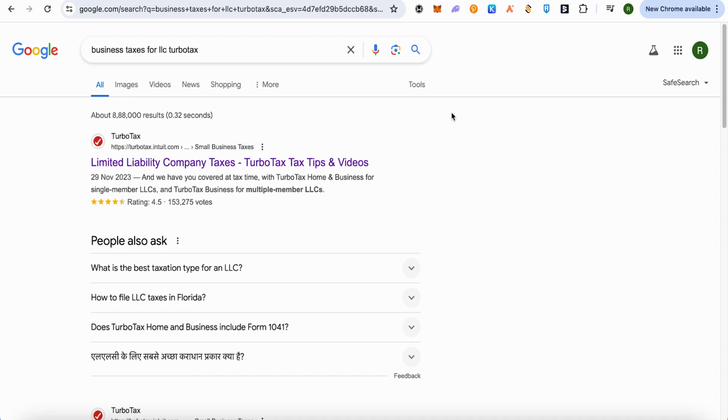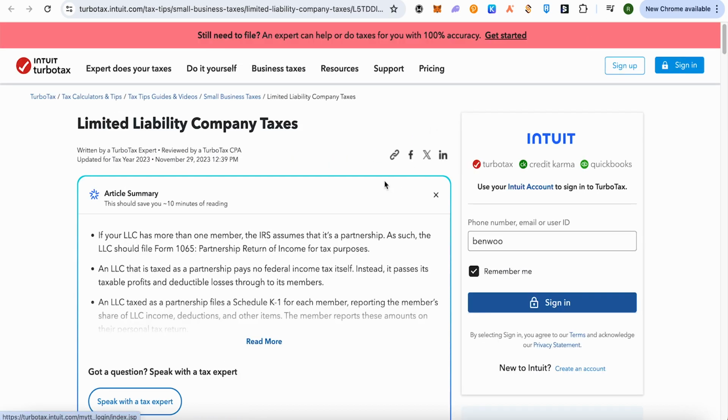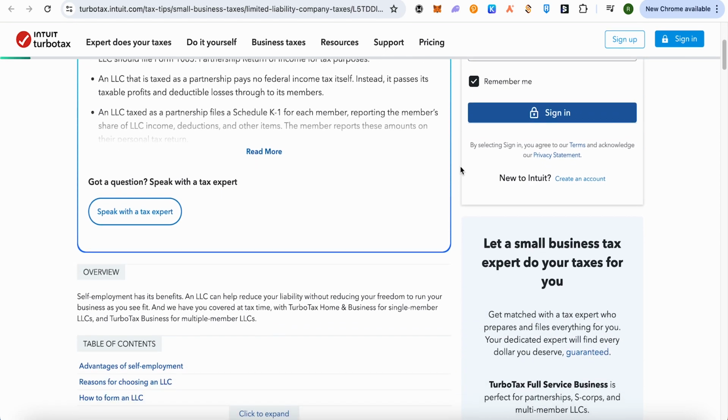For this, you will just have to search for business taxes for LLC TurboTax, then open up the very first link that you will see in the search results, and this is where it will take you. Now the taxability will depend on the number of people in your limited liability company, and after you reach